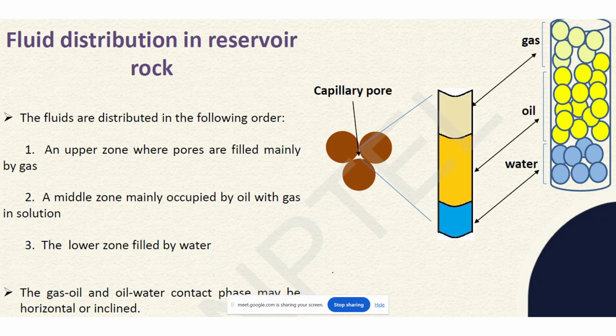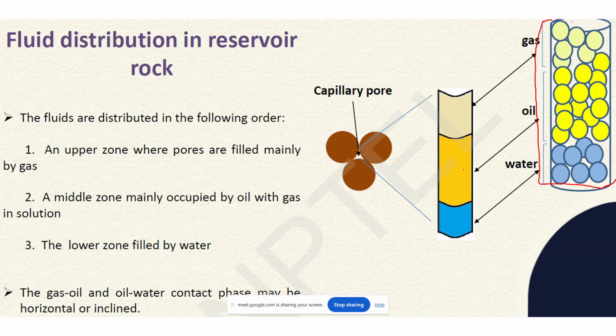Basically, here we are seeing what is a basic structure of how the oil is stored in a pore in a reservoir rock. So basically, this is the structure of a pore. Suppose we are considering that our core is in a cylindrical shape. So how will our oil be stored? We will be seeing here.